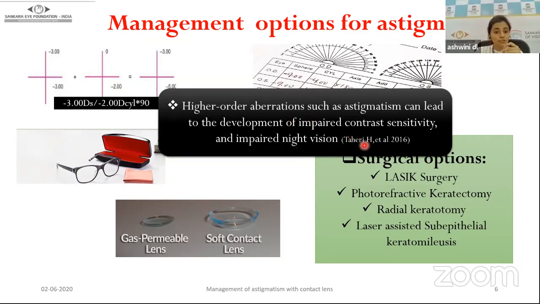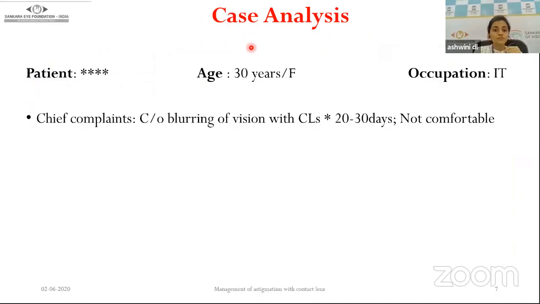And also, if we don't correct it, there is a high chance of impaired contrast sensitivity, and also it will hamper the night vision of the patient. That is why, based on all these reasons, we could say that correcting and managing the astigmatism is very important. So moving on to a case, in our contact lens clinic,